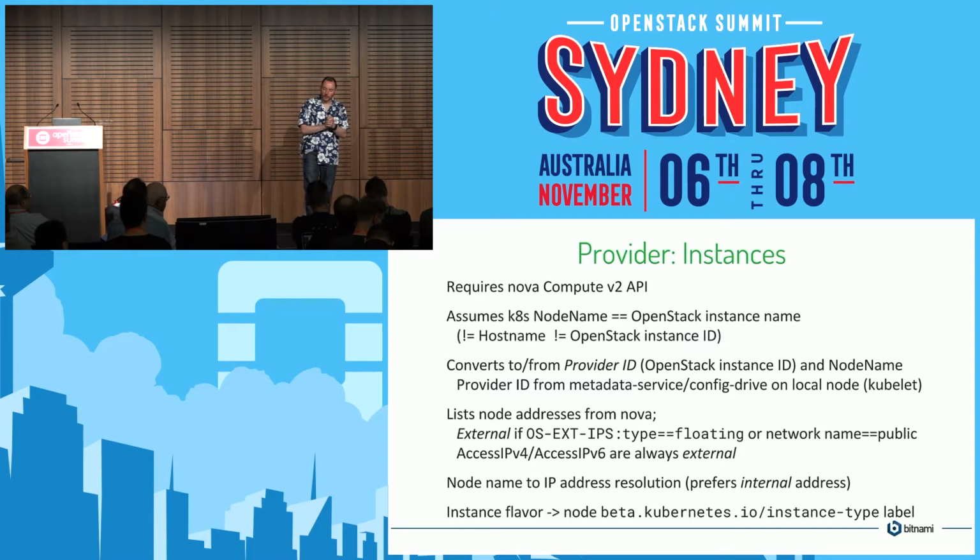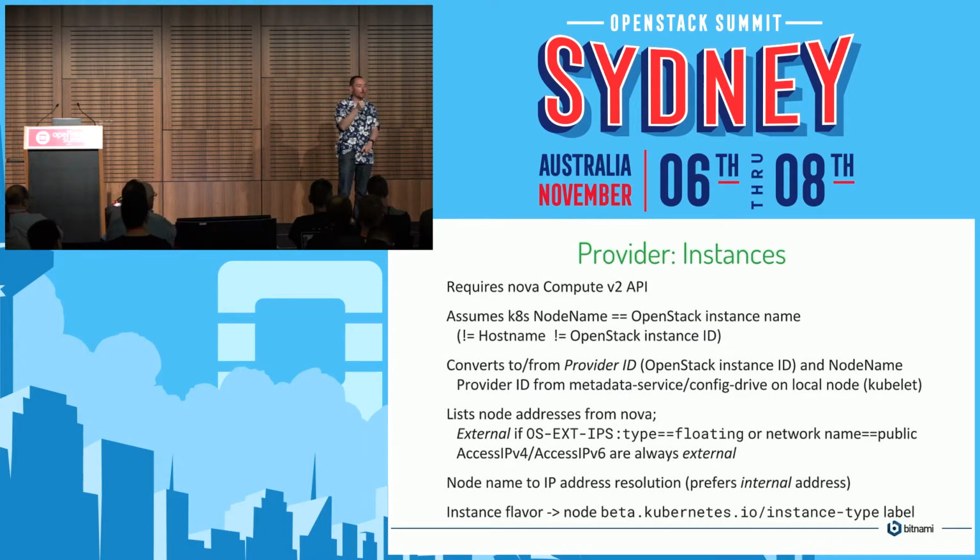So an important part of this is the node address resolution. Just to give you an idea of what this code looks like, Kubernetes says, here's the node name, what's the address? In our code, we have to get the node name, assume it's the same as the instance name. We do a Nova lookup for that instance name to get back all of the servers that have this name. If we get back anything other than one result, then we throw an error. If we get back one result, we say, aha, this is the instance we're talking about.